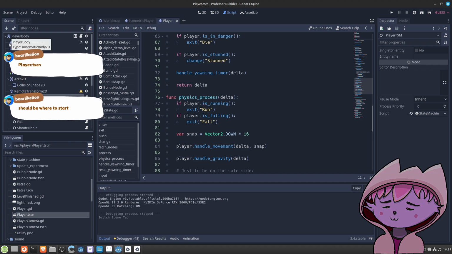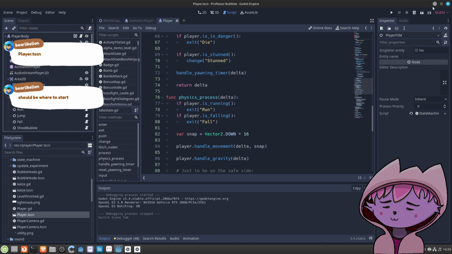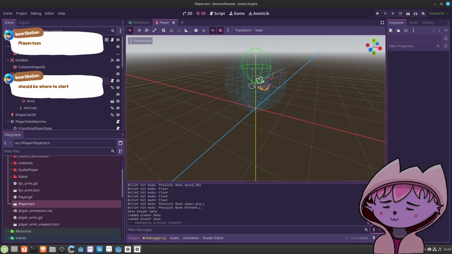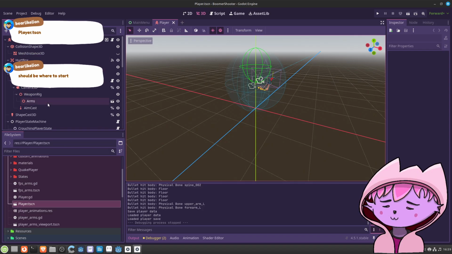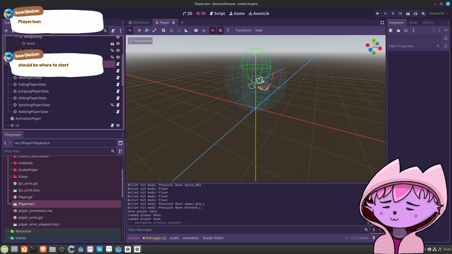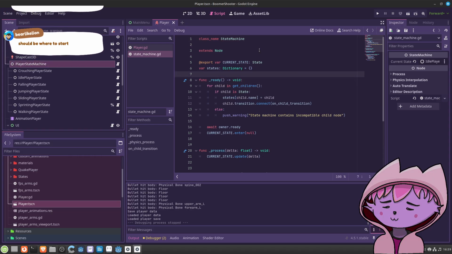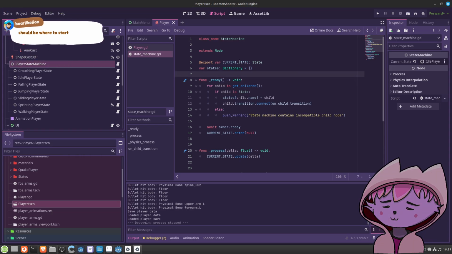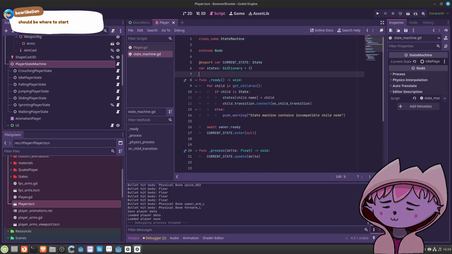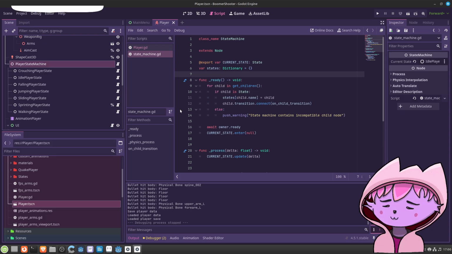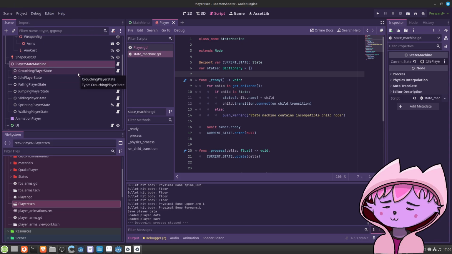The color is different, this is blue, this is red. So this is some 3D functionality, and then we have the player state machine. You have the current state, and the states are in a dictionary. It makes sense. You probably have the name of the state as a key, and then the actual reference to the state, I would guess.